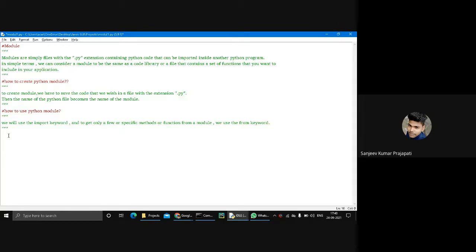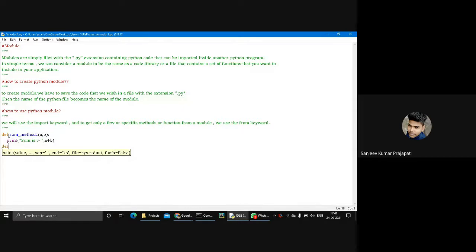I'll define a function, def sum, method one. It takes two arguments a and b, and prints sum is a plus b.